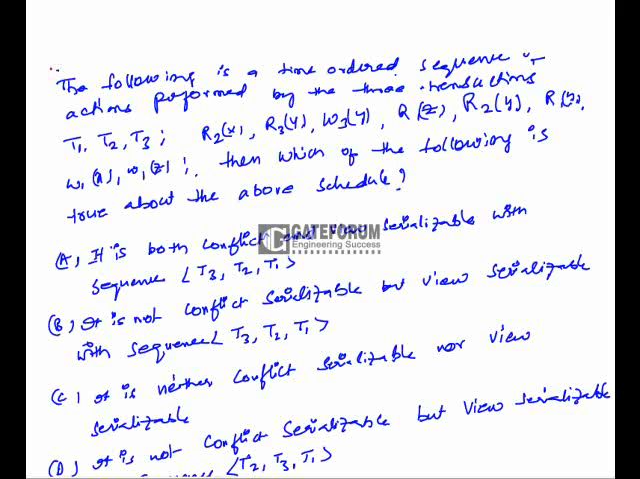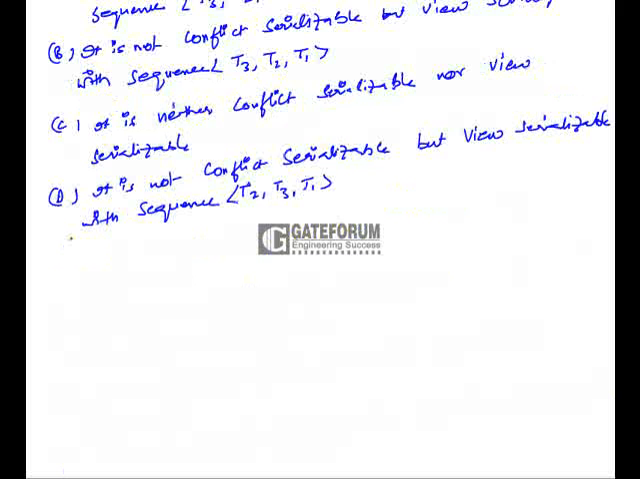The following is a time-ordered sequence of actions performed by three transactions T1, T2, T3. Then which of the following is true about the above schedule? Here in this question,